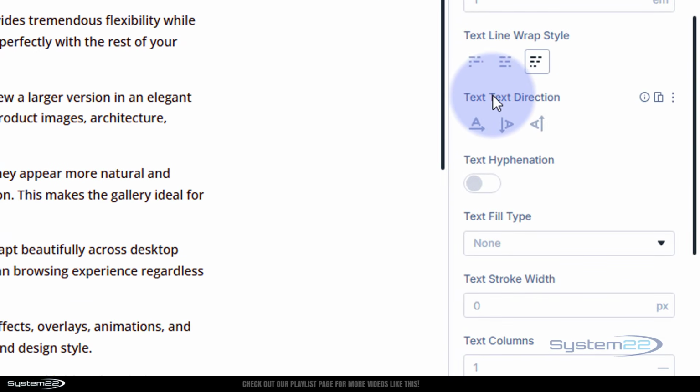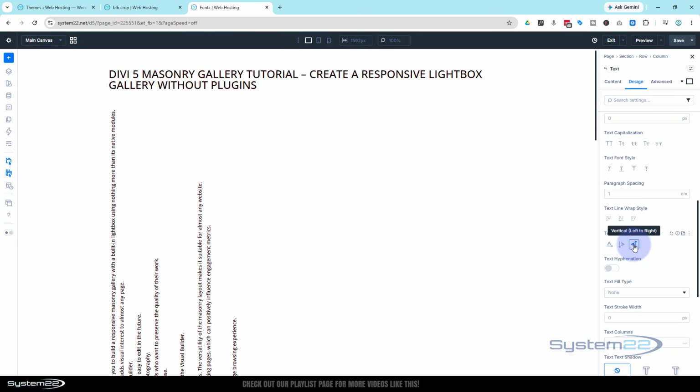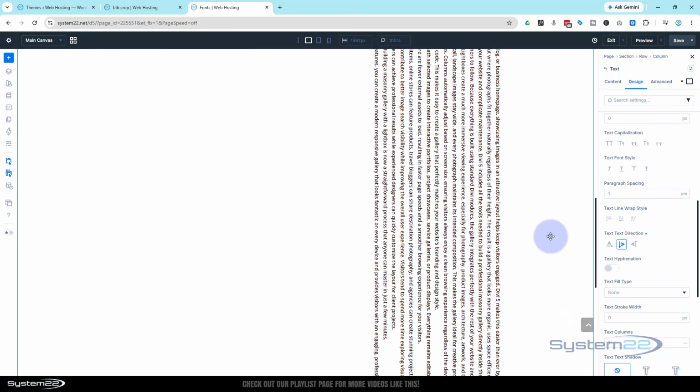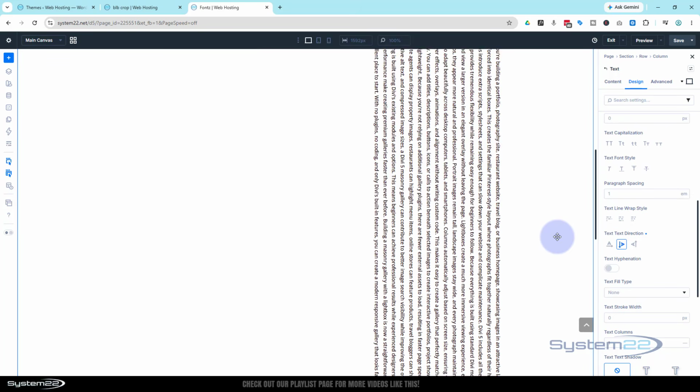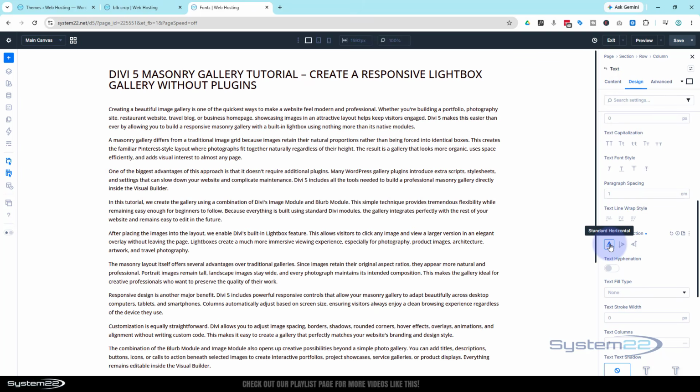Now here's a huge one. Probably not for our little article that we've got going on here, but certainly for headings and things like that and small amounts of text. We've got the usual way that it displays, standard horizontal. We can flip it the other way around. And if you don't like that, we can align it the other way around, left to right instead. Just so you know, at the bottom there, those are just the end of the lines there. Like I say, for text like this, not really the ideal thing, but for headings and things like that, that's